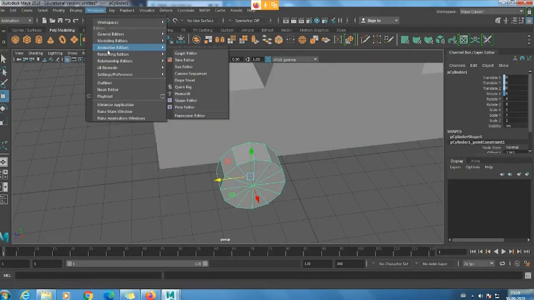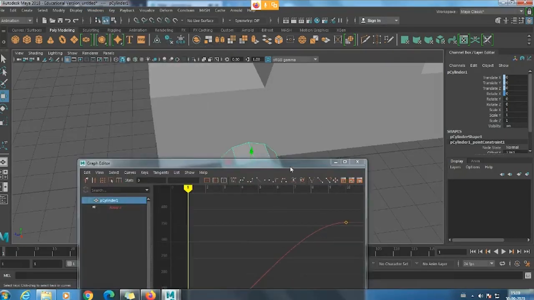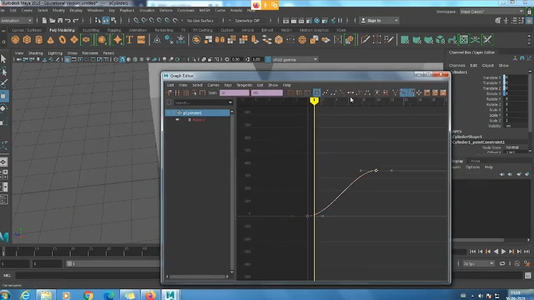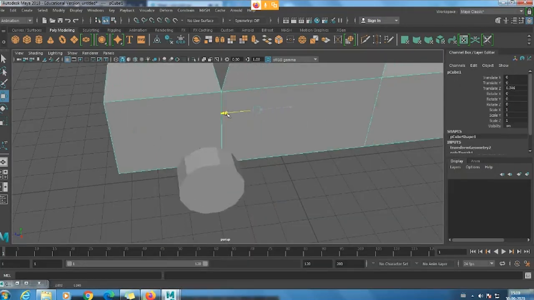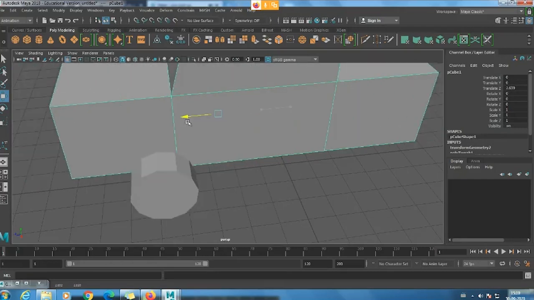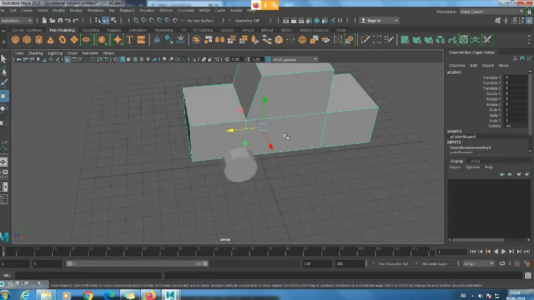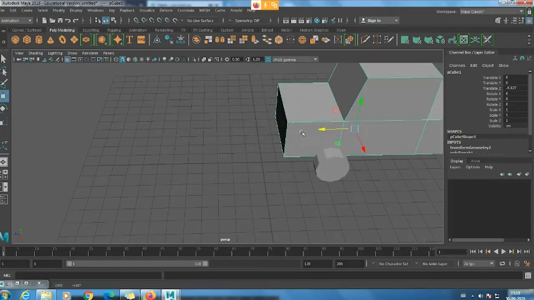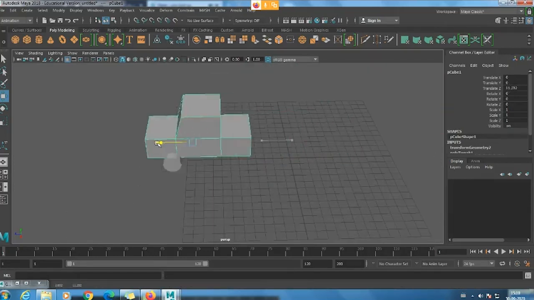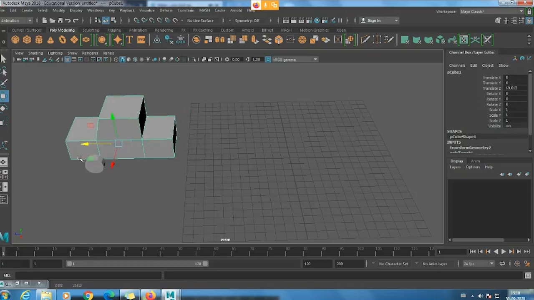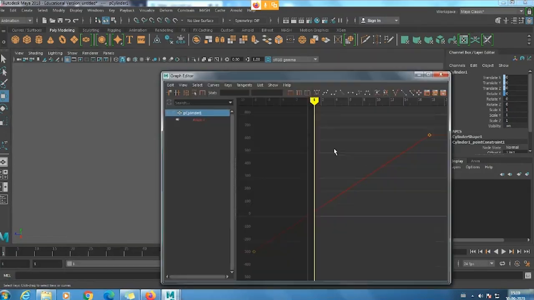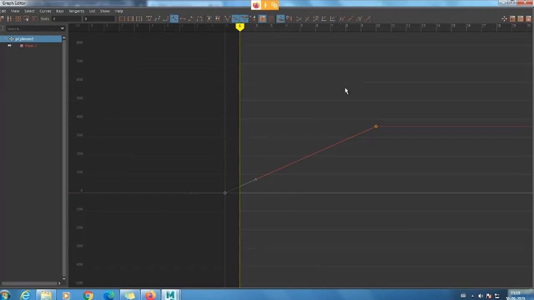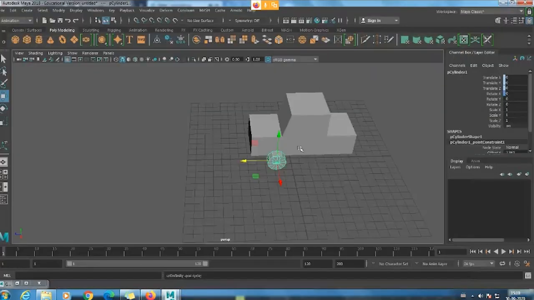spline tangent. So just go to this animation editor, graph editor, make it linear, linear tangent. So now I can see when I start moving it, even the point values are taking. And one more thing is it is not taking minus values, and also you can see when I move the object after 10 it is not rotating. So for that again you have to give infinity, post infinity and pre infinity, so that it will just rotate forever.